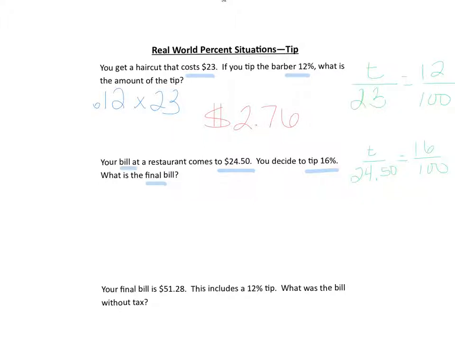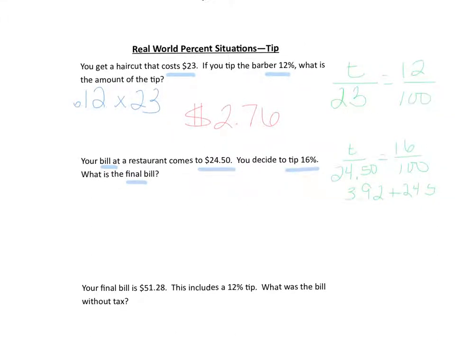When you cross multiply and divide, you get that the tip is going to be $3.92, which we then add to the cost of the meal, $24.50. If you prefer the equation, we could do 0.16 times 24.50 equals 3.92, which we then add